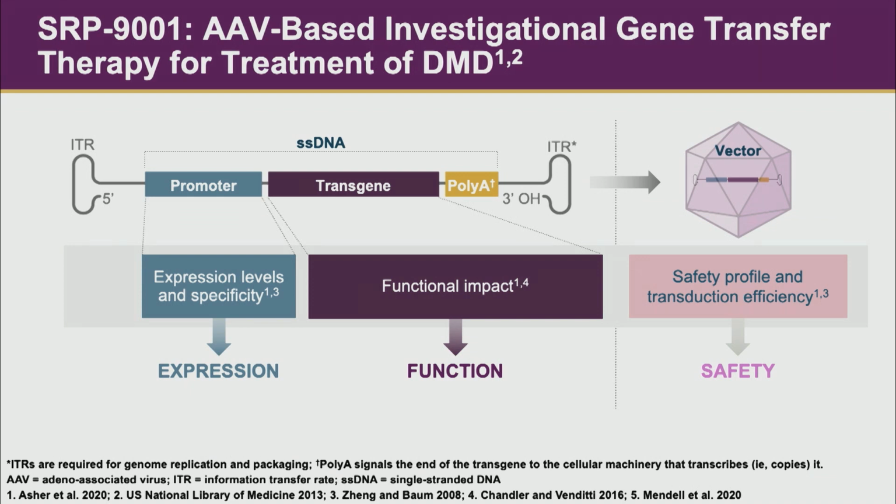In the case of Sarepta, they've utilized what's called an AAV RH74 AAV vector derived from a rhesus macaque primate species, which doesn't cause disease in humans, and may have some advantages in terms of the safety profile, the tendency towards complement activation, and bad pathogenesis that can result from